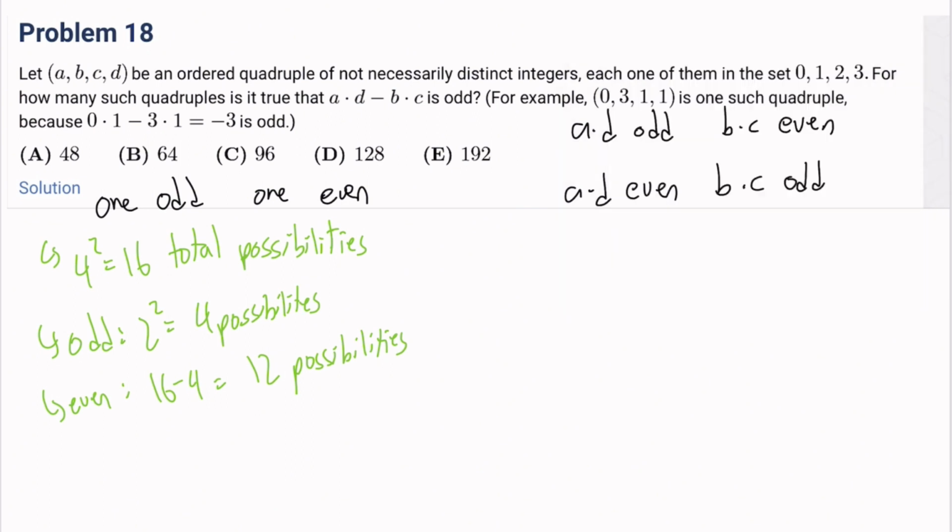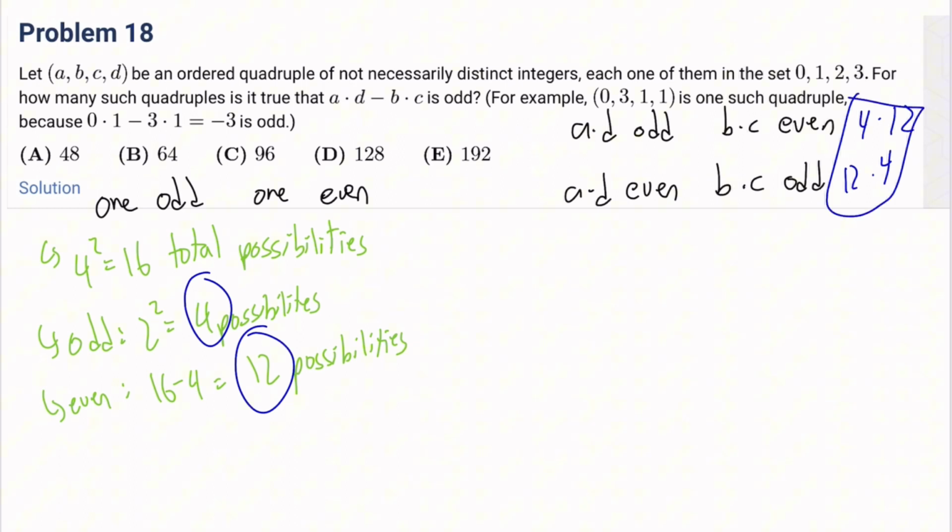So for odd we have 4, and for even we have 12. So if AD is odd and BC is even, then this will just give us 4 times 12, and same thing for here, 12 times 4 since the order is reversed, but that doesn't matter. Since we add these together, it's 2 times 4 times 12, this is 96, so the answer is 96,